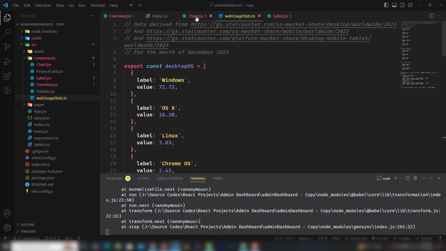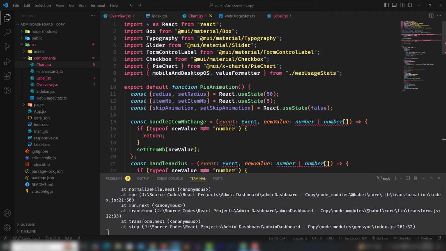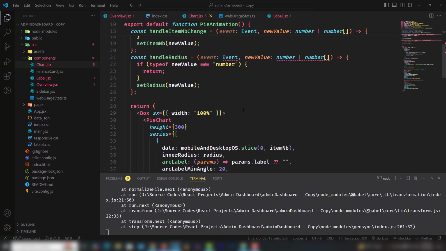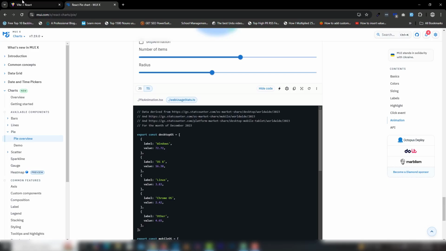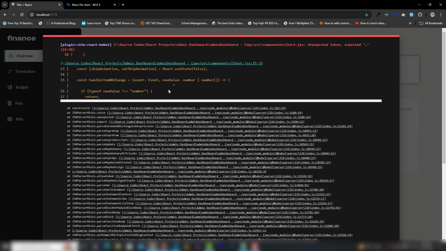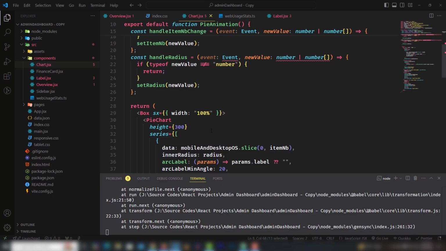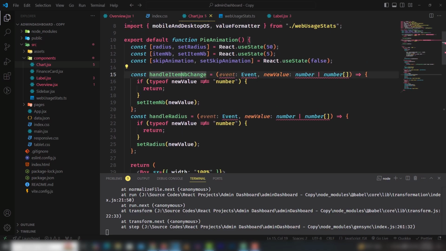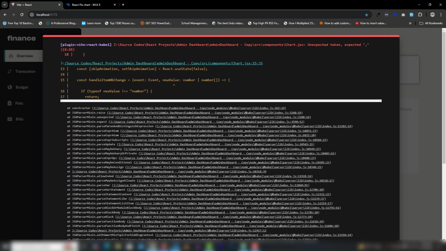And let me check web usage, just a minute. Yeah, it's perfect. So I'm gonna save the file and let's see what happened inside there. It has a number value and many other things, we need to fix that. So I'm gonna remove the handle item number change. I'm gonna try to remove this one content, and let me, yeah, not,